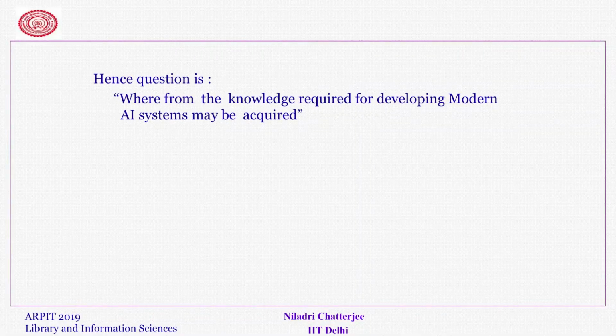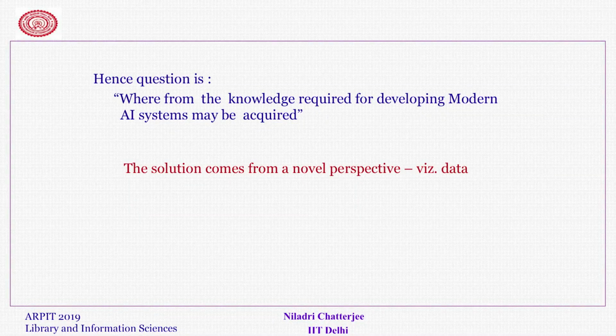knowledge. Hence, the question is where the knowledge required for developing a modern AI system may be acquired from, or in other words, how do you glean the knowledge so that you can make your system effective and efficient. Now, the solution comes from a novel perspective, that is data. As I said at the beginning, a lot of data is now available in electronic form. Can we use the data in such a way that we can acquire the relevant knowledge for a particular type